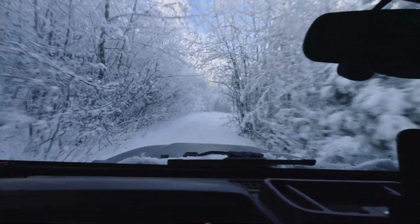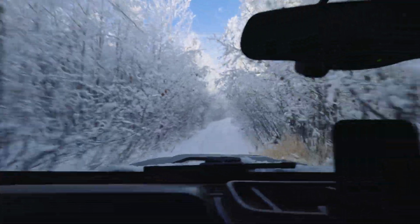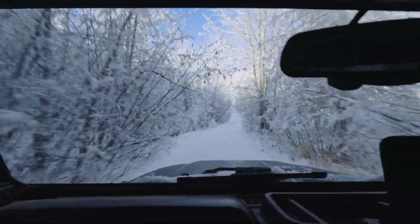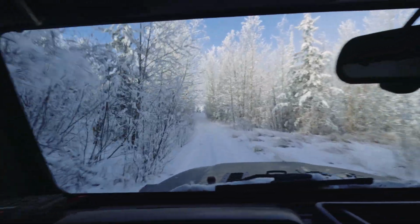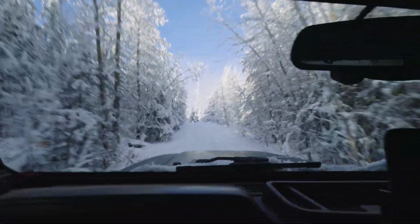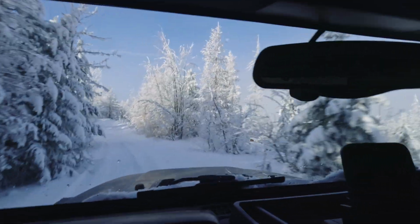So I don't know if I mentioned it, but this is my first time driving up this road, and the winter scenery is really nice. Typically though, I should be exploring new areas when it's not conditions like this, but I'm kind of an idiot, so snow makes me really paranoid because I'm not used to off-roading in snow. For the most part, I think I can get around no problem, but yeah, it's one of those things where